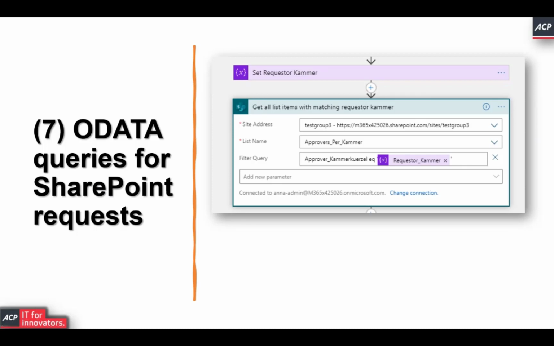And here, for instance, we would say we're looking for only data where that specific column equals that specific value. And here are some more examples that you can do with OData queries. So you can look for things that are greater than, so you can work with numerical values. And of course, you can also combine things. So you can look for a specific value and then combine them with and or connectors and much more.